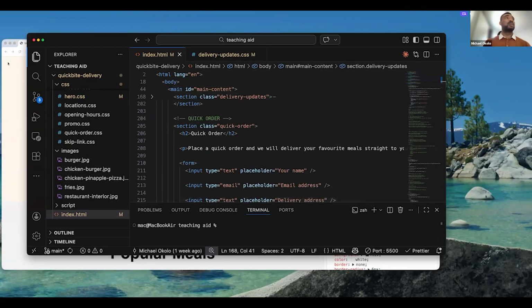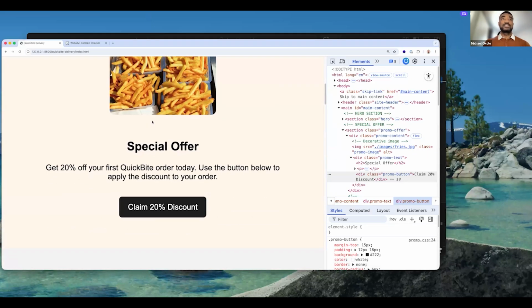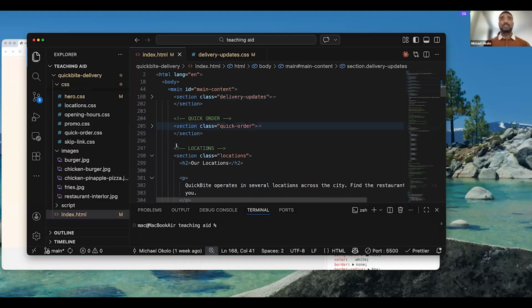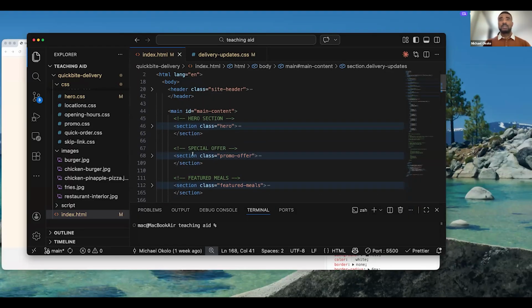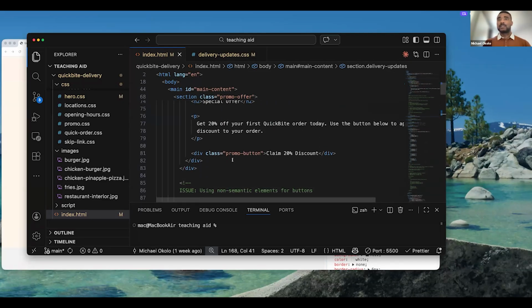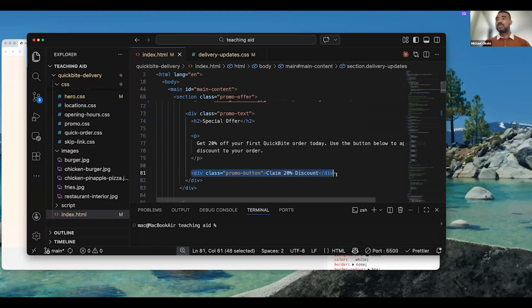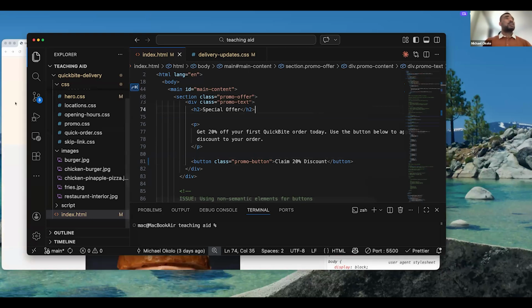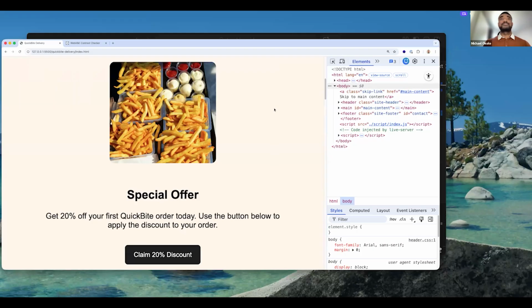This is the special offer section. Go back to the special offer section and close all of this. So this is our button over here, done using our div tag. We'll solve this problem by just using the button element. By saving this, when we go back over here now,